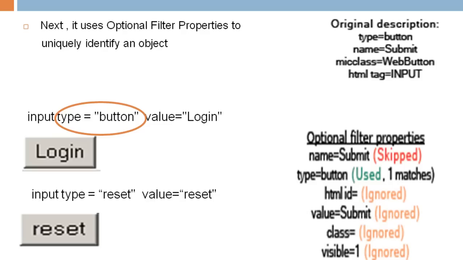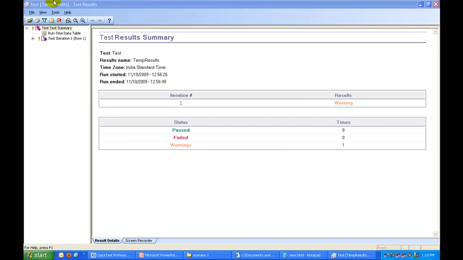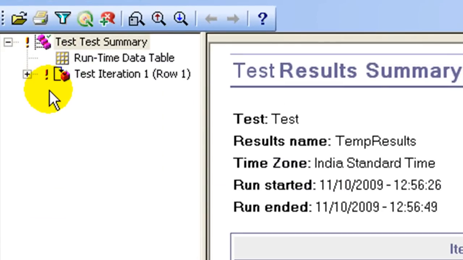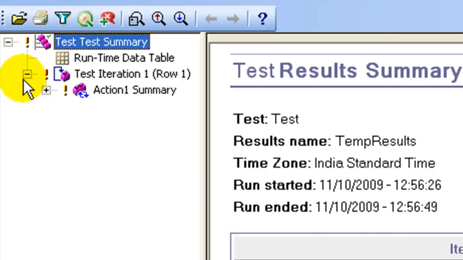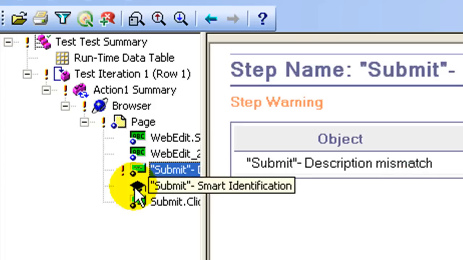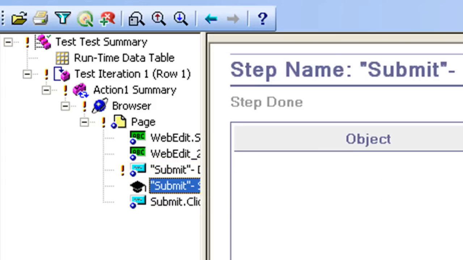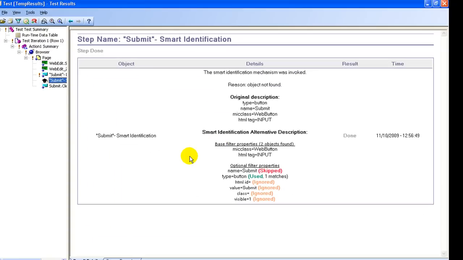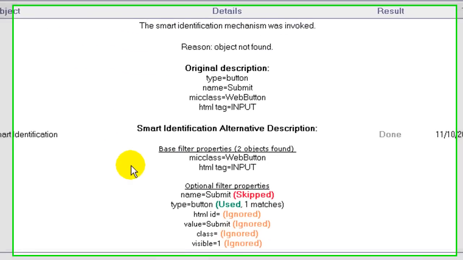The succeeding comparisons are ignored. If you look into the test results, exclamation mark is displayed indicating that smart identification was used along with the corresponding smart identification details.